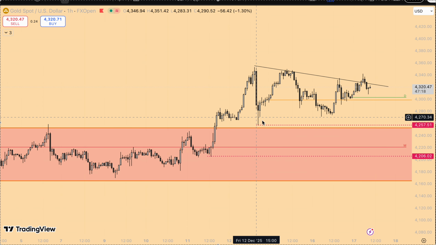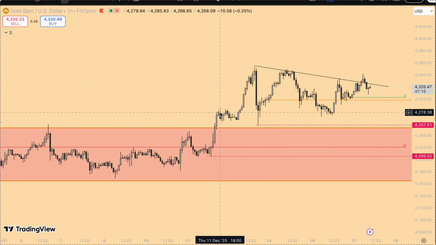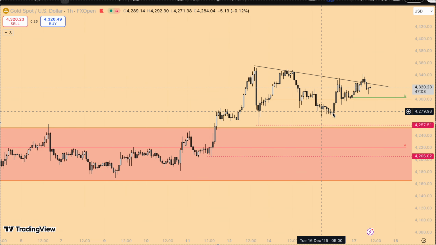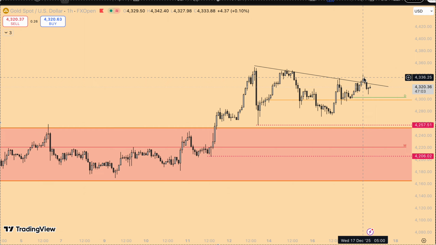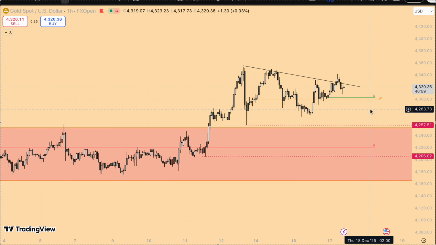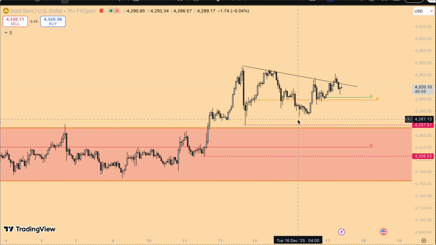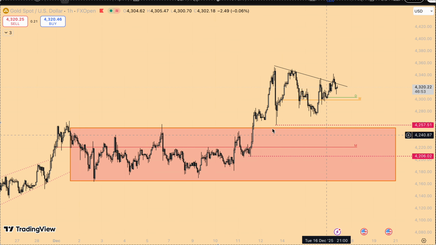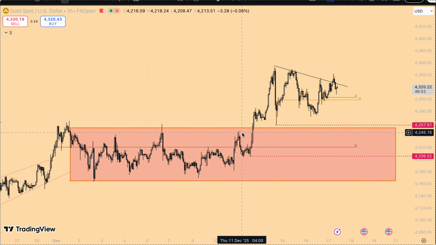Now you have buyers who would enter into the market thinking, okay, this is a consolidation, we grab this liquidity, we've come back into it, and now we can start pushing up. So you have buyers coming into the market here and here. And where would their stop be? Their stop will be here. So for me, I'm waiting for all of these people to be taken out, and maybe even retrace into this consolidation that I talk about.